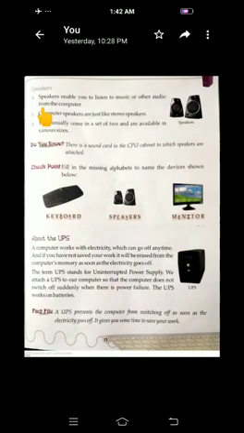Speakers. From the speakers, we can also listen to any music from the computer, or any audio can also be heard in the computer. Okay? Speakers enable you to listen to music or other audio from the computer.